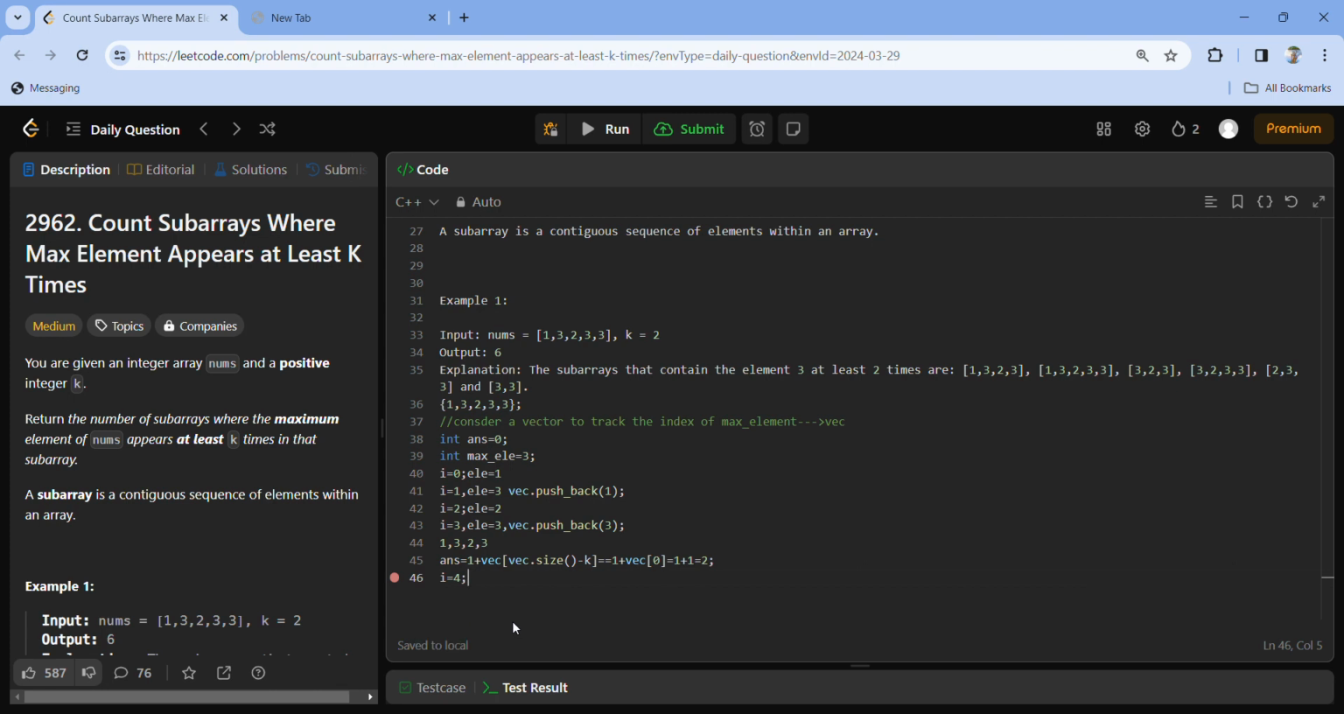I is equal to 4, found one more element at i is equal to 4, the element is 3. I store it in the vector, index 4. Let's say now the vector size is greater than or equal to k, right? So I found one more element, that is my answer can be,